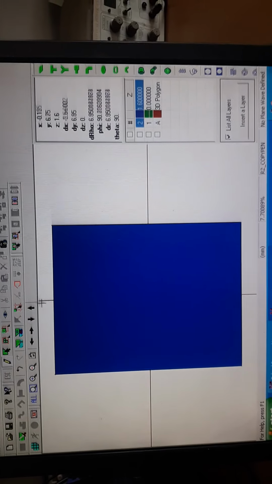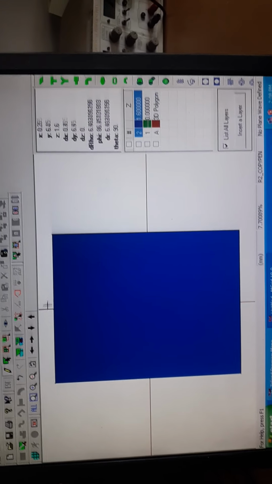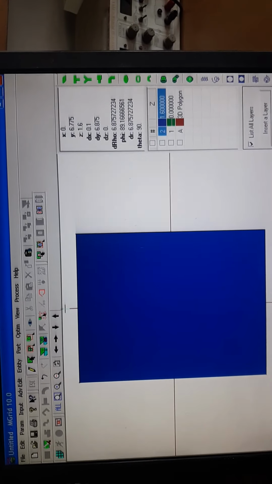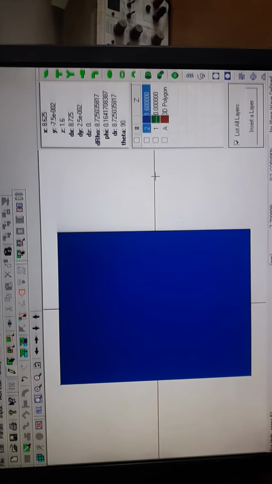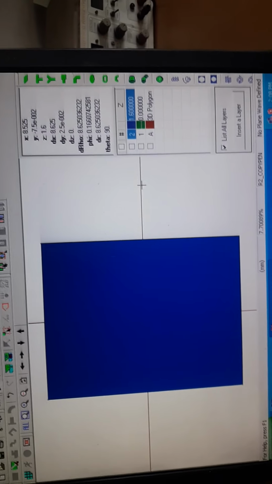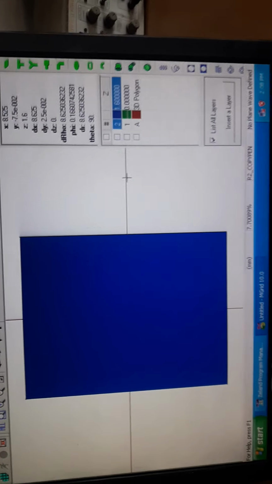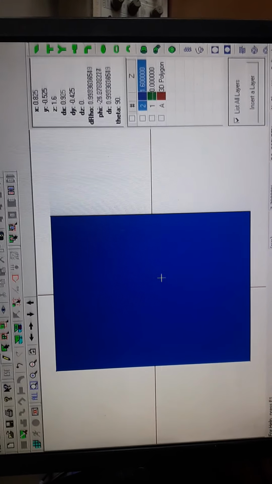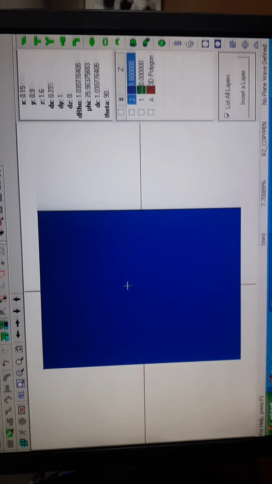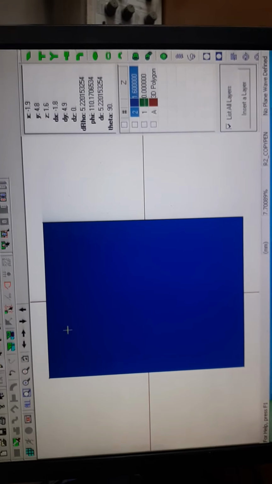Now you see there are two main axes, one is this axis and one is this axis. This is the XY coordinate. Whenever we are designing here, we do not see the XY coordinate, so we have to calculate.